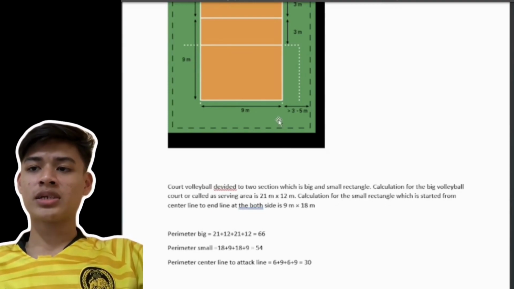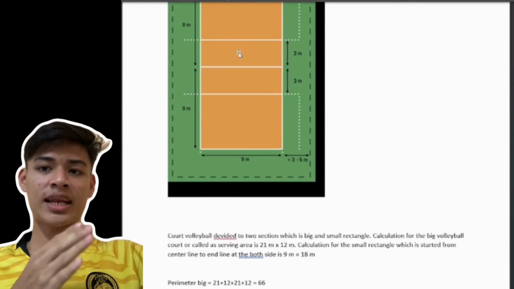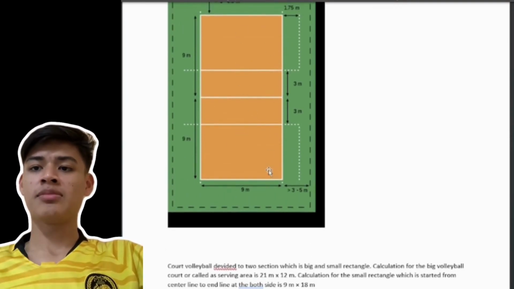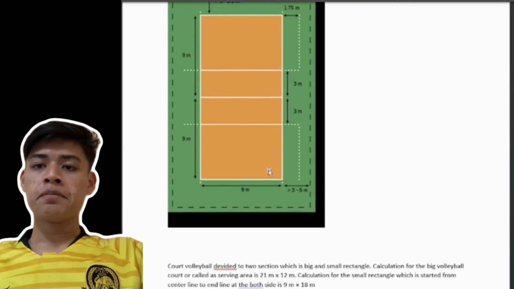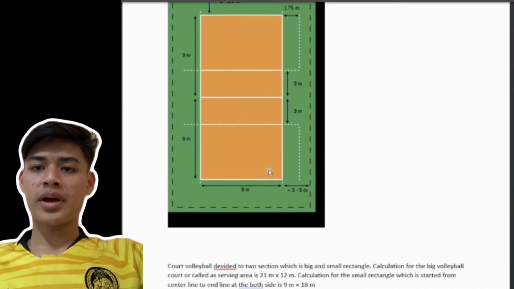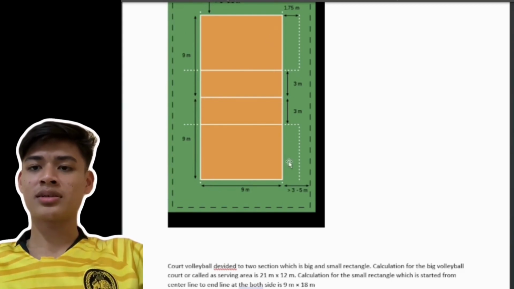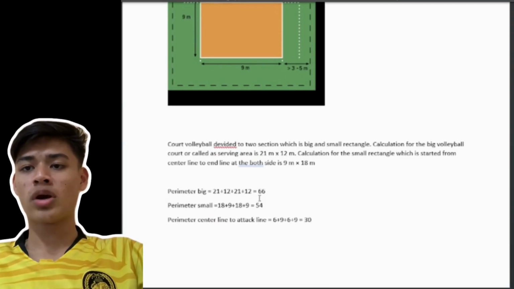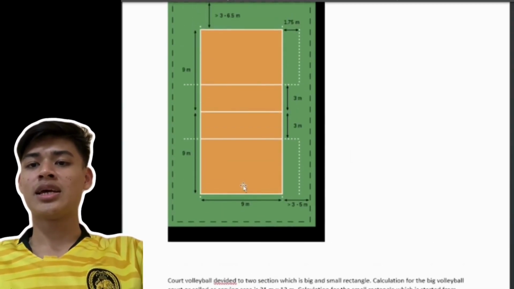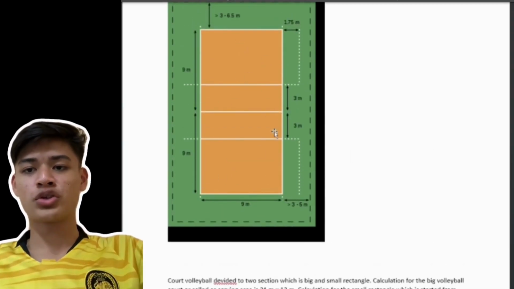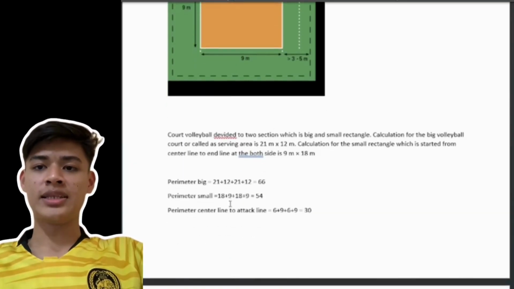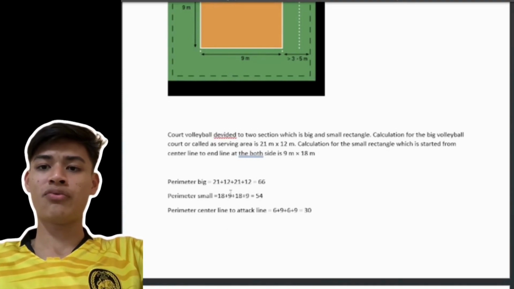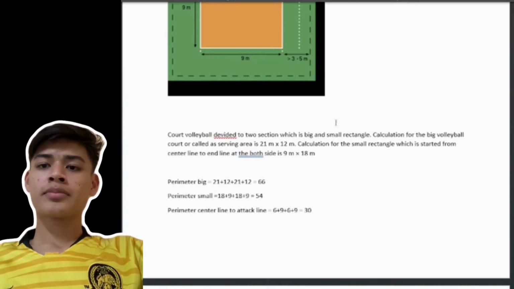The calculation for the small rectangle, which runs from the center line to the end line at both sides, is 9 meters times 18 meters. Right, so the perimeter for the big rectangle is 21 plus 12 plus 21 plus 12 equals 66, and the perimeter for the small rectangle is 18 plus 9 plus 18 plus 9 equals 54, and